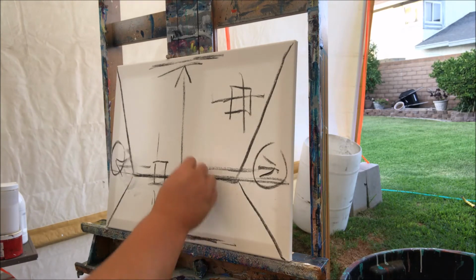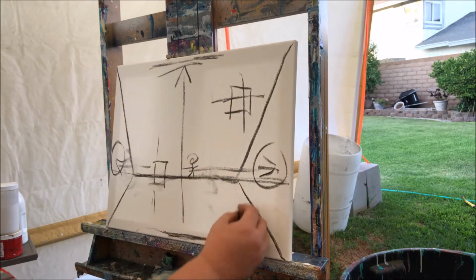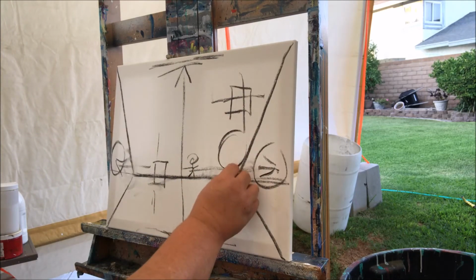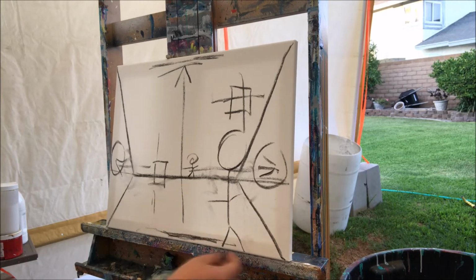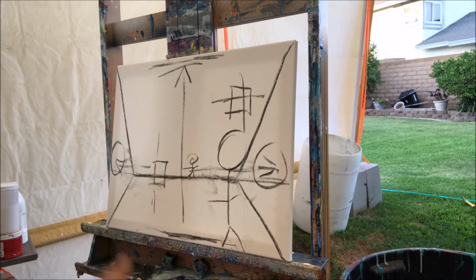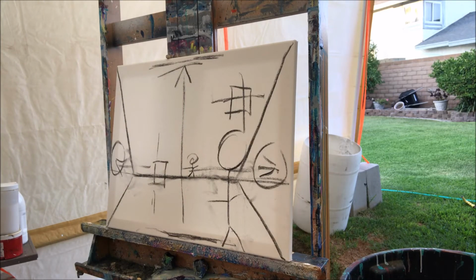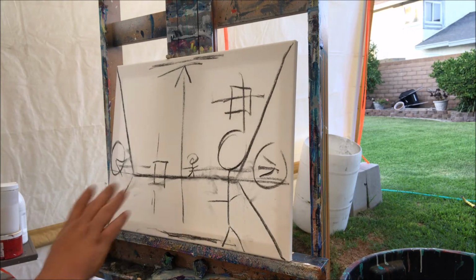So obviously if we drew a stick figure here, and then we drew a stick figure here, you can see what I'm talking about, right? This one's closer, it's bigger. This one's smaller, it's farther away, and it's on the horizon line. So those are just a few basic drawing things that, as I'm painting,